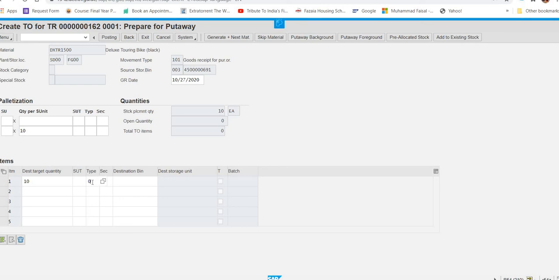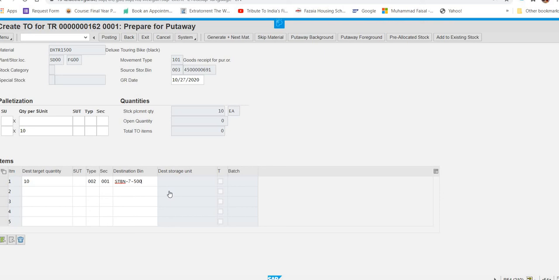It is 002 given in the exercise, and in the section it is 001, it is also given in the exercise. And then in the destination bin you have to put STBN dash 7 dash and then your GBI number. So my GBI number is 500.